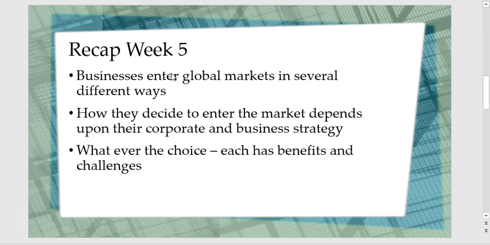So, to recap last week, businesses can enter the global market in several different ways, and a lot of this depends on their corporate or business strategy. The material in Chapter 10 provided you with the framework for different types of strategies. As with any strategy, the starting point is the mission and the vision statements, with the mission being the purpose and the vision being the future-oriented statement of the company. Based on these, strategies are devised. One strategy I would like to call attention to is